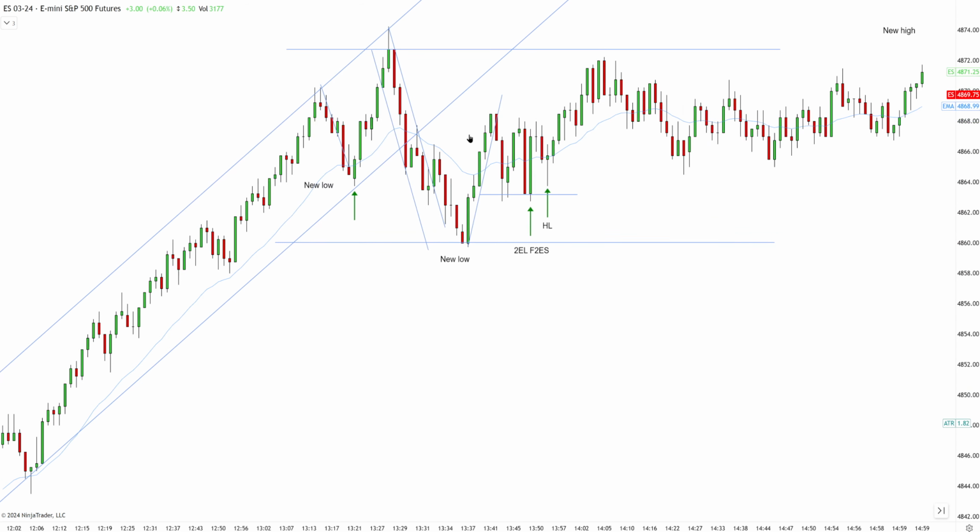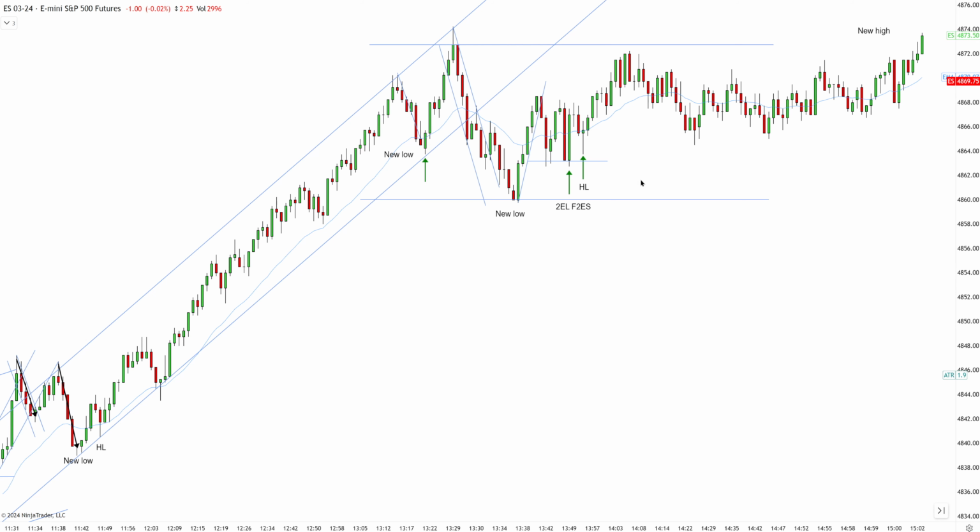And here we had great high probability setups because the correction phase ended. We need to use, of course, a limit order because the stop is 5 points. So definitely drop your limit order, double bottom, double high probability setup, which means you have more confirmation and the last high low, a market created break and a new extreme. Perfect price action, but because it's too late Friday, it took a long time, market consolidated, and it's getting way too late now.